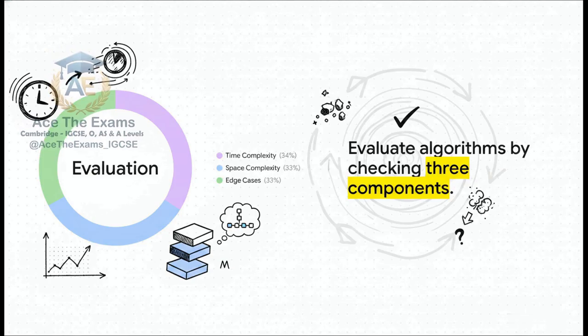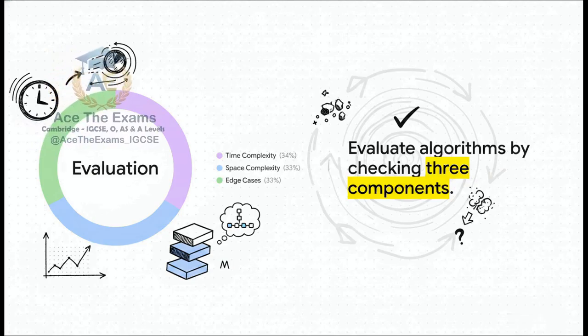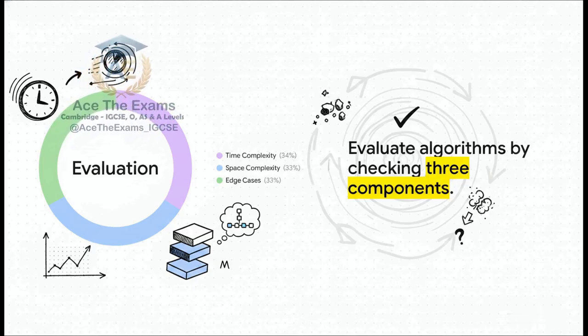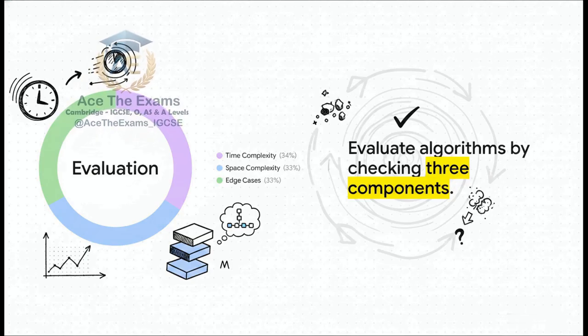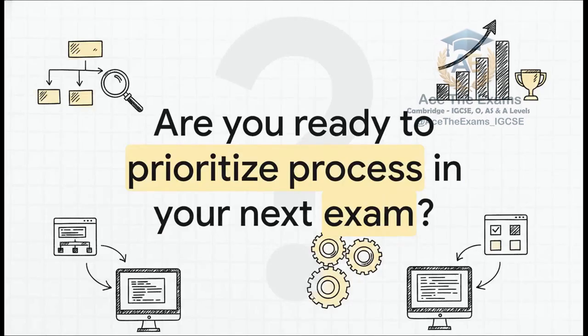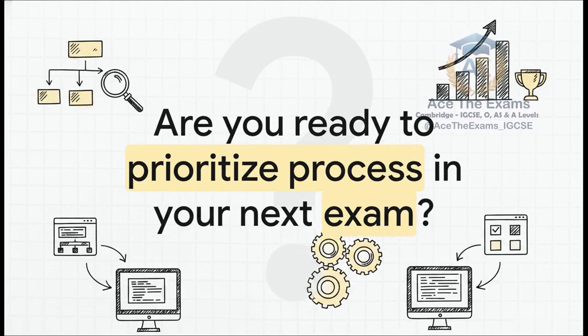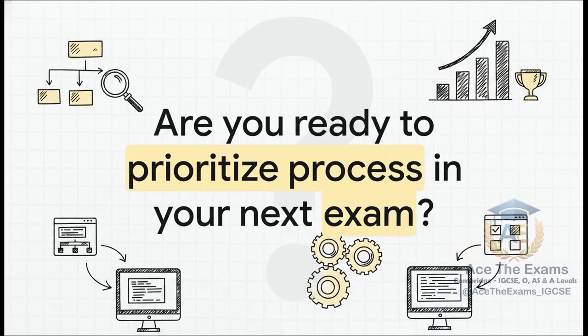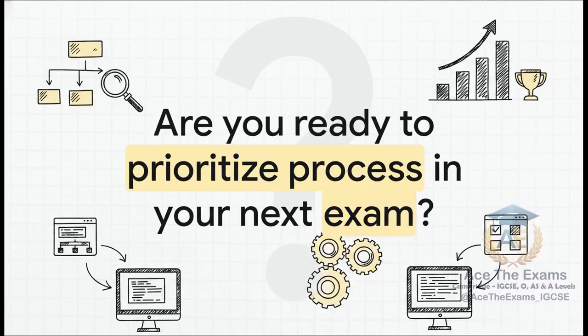A top-tier, grade-saving evaluation doesn't just confidently state, my algorithm works. It critically says, my algorithm works efficiently in time and space, and here's exactly how it handles an unexpected edge case without crashing. That's the level of depth we are aiming for. So, the crucial takeaway here is to embrace structured reasoning. Are you ready to prioritize the process over just finding the right answer and secure those method marks by showing your work next time? Students who implement these exact computer science strategies see an average improvement of 2 grade boundaries,